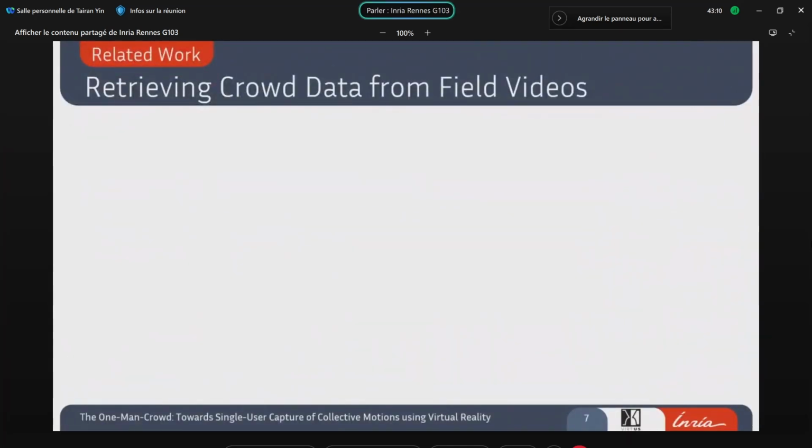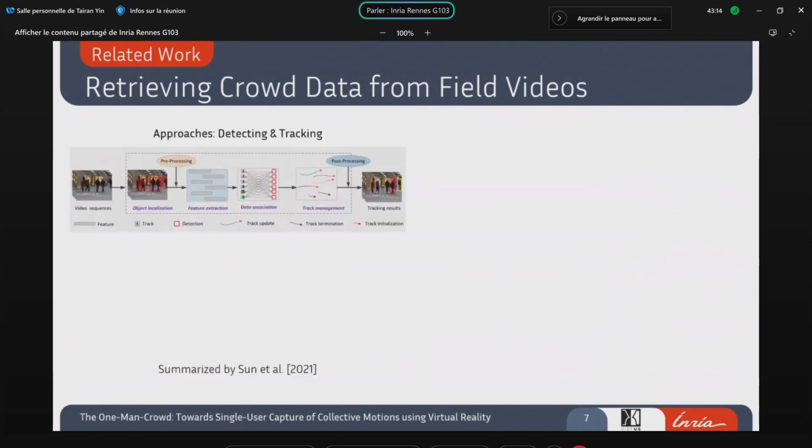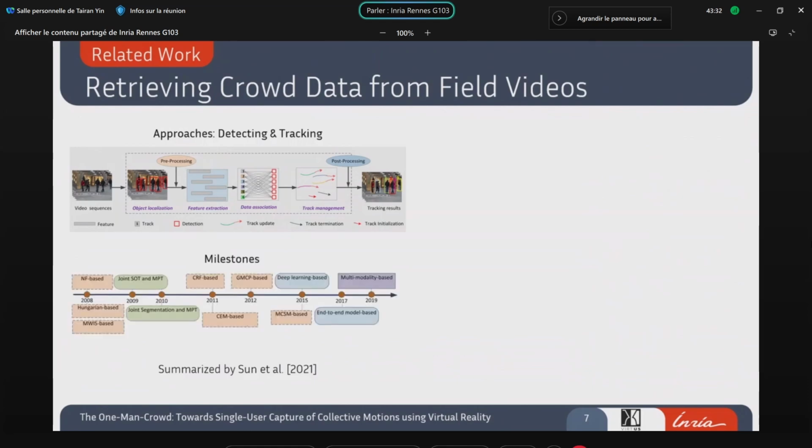Retrieving crowd data from field observation relies on computer vision techniques. Sun and colleagues have summarized the principal pipeline of retrieving data from video sequences, which shows that the main focus is on detecting pedestrians and combining the detections with the existing tracks to form continuous trajectories. They also summarized some milestone works which mark the evolution of this approach.